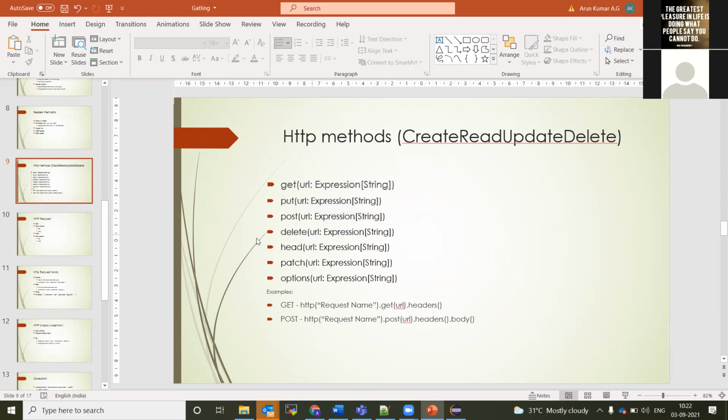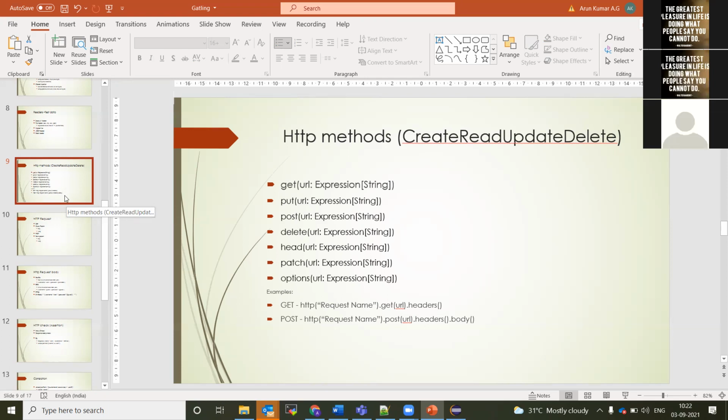Chris, do you want to explain more about this, or is it fine? I think you have done very well. So it's okay, Arun. Guys, understand this is really very important. Until you understand get, put, post, delete, head, patch, options, these are all the methods which we will be using in our scripts. That's why I asked Arun to explain this one. You definitely should understand these. Only then can you understand at the script level.